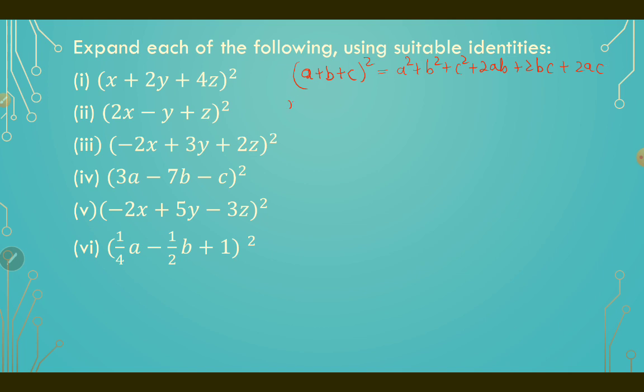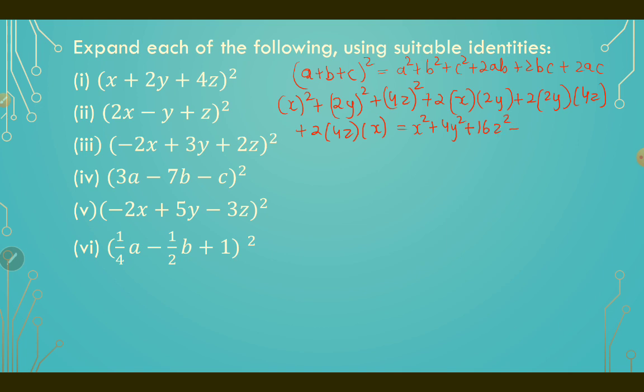So this is nothing but (x) the whole square plus (2y) the whole square plus (4z) the whole square plus 2 into x into 2y plus 2 into 2y into 4z plus 2 into 4z into x. This can be written as x square plus 4y square plus 16z square plus 4xy plus